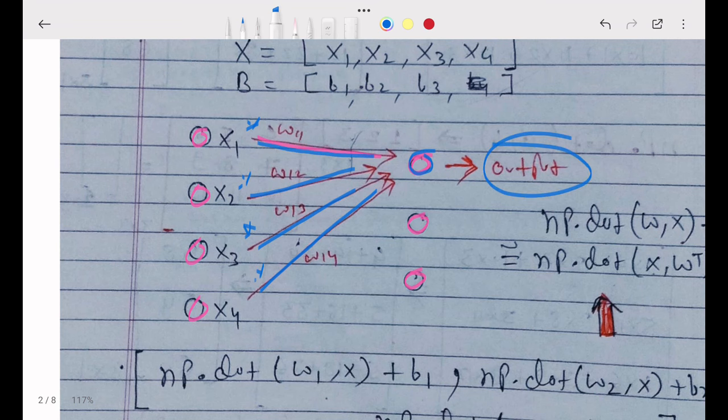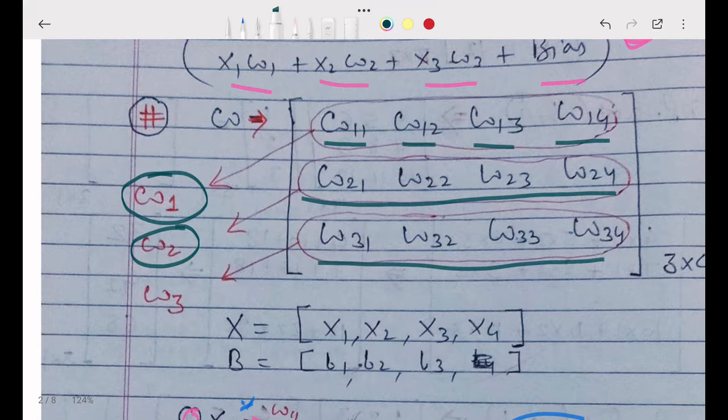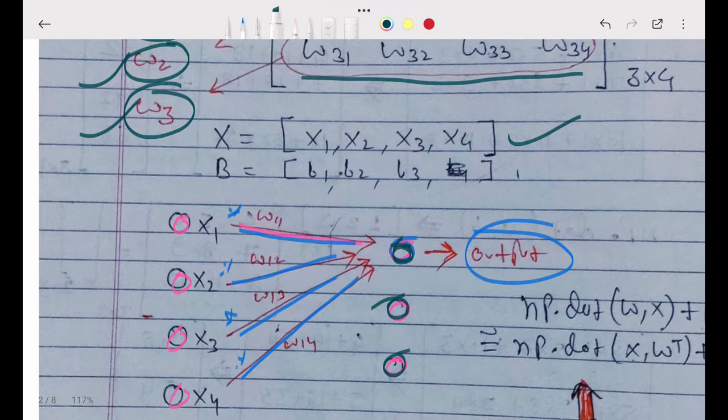Similarly there are 4 weights for output 2 and 4 weights for output 3. We represent them as w1, w2, w3 in our coding. My inputs are x1, x2, x3, x4, and my biases are b1, b2, b3. So our bias and weights depend on the output. What is the output? My outputs are these.